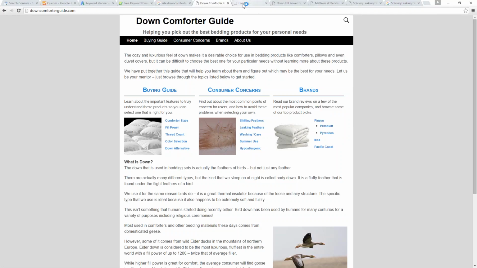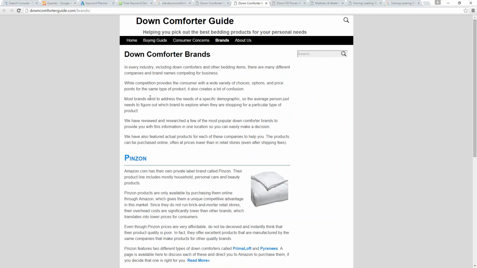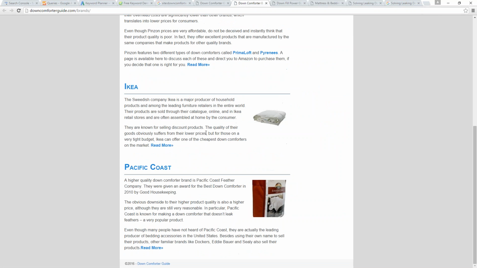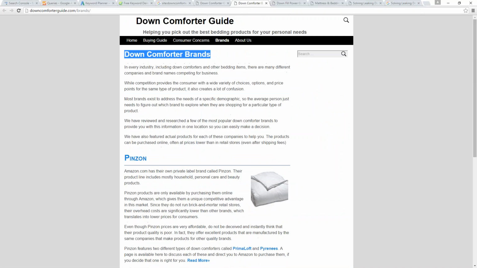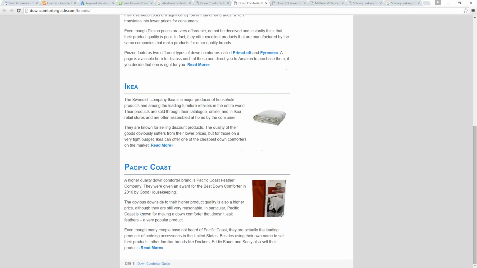For example, with this brands page built up and done the right way, I might be able to get a ranking for the search term down comforter brands by simply detailing all the different brands that I have covered on this site and that produce down comforters. Not only is it important to potentially bring you rankings for this category page, but by having all this stuff related and grouped together like I have it here,